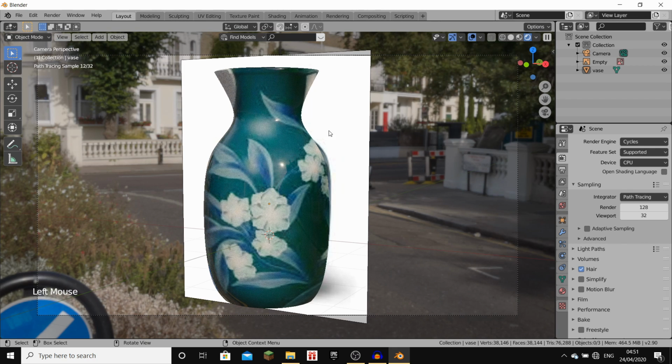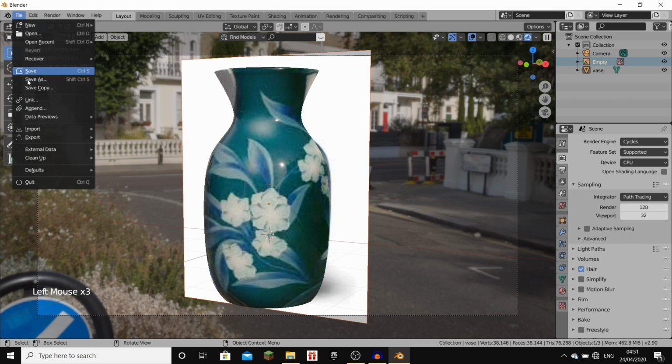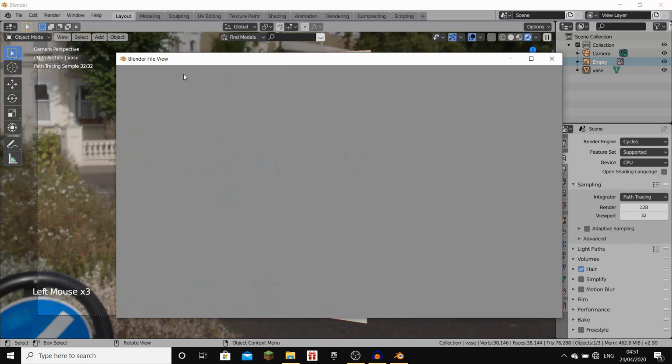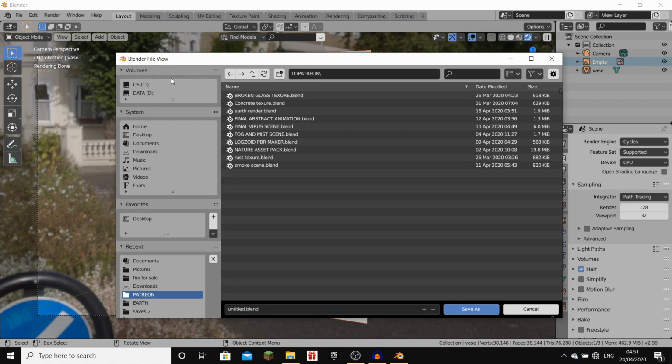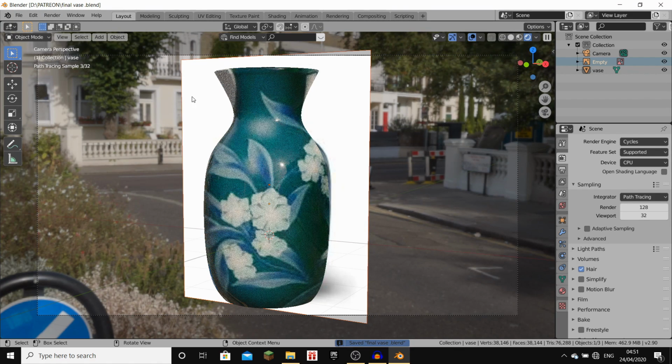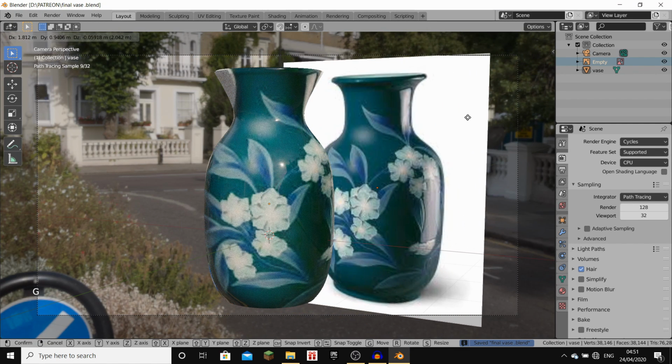Now let's compare this to our reference image. By the way, always save your work. So let's hit File, Save As, and let's save this as final vase. Alright, let's save this as final vase, Save As, and now that we've saved this, let's position the reference